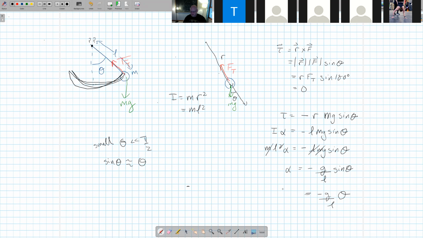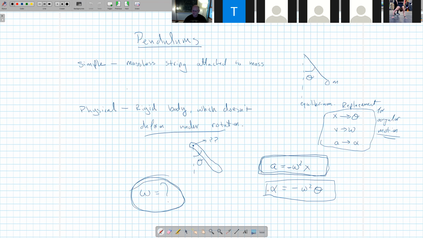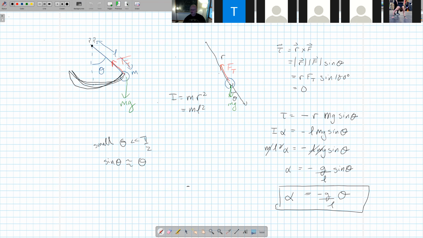Okay. So what this says then is that the angular acceleration that this thing is experiencing at any point along its trajectory is given as minus g divided by L, i.e. the length of the string, times the angular displacement. Now, if we go back to what we wrote down here, what we said was that we're going to use the fact that the angular acceleration is equal to minus the angular frequency squared times that angular displacement. Which means if I compare this alpha here to this alpha here, we can then read off exactly what the